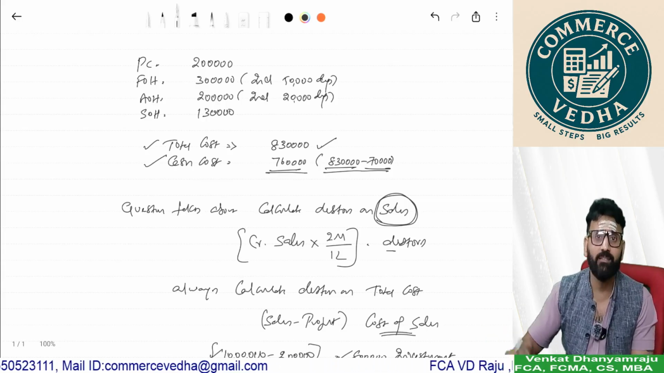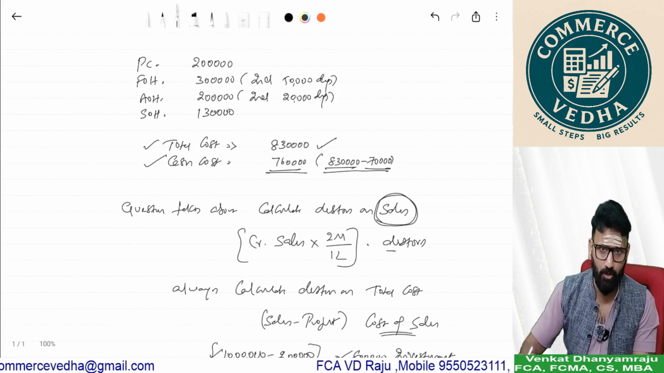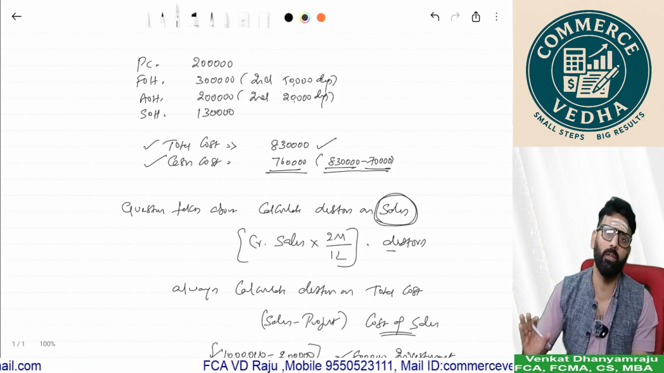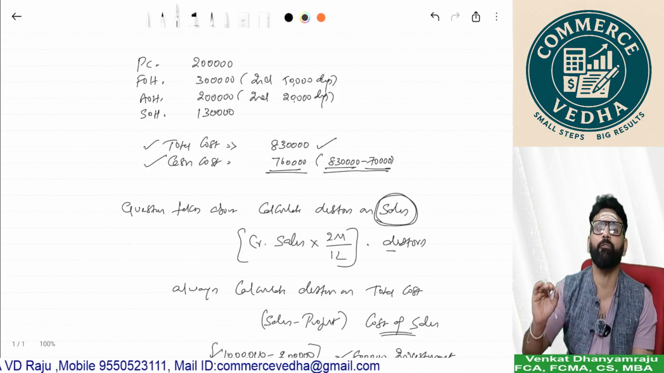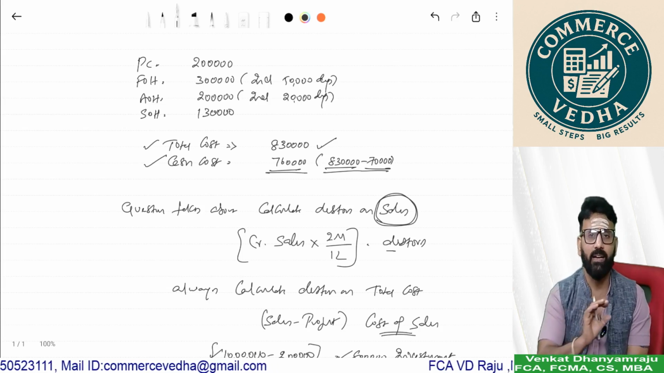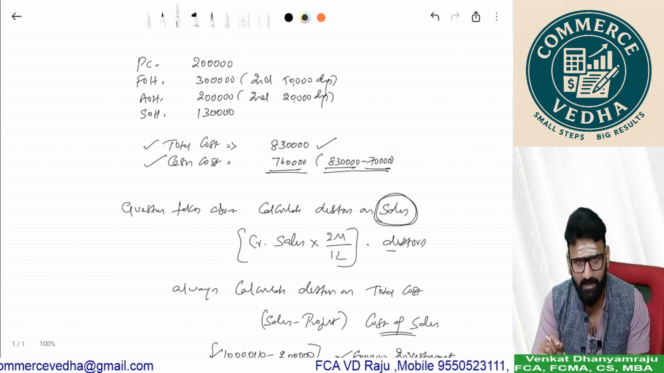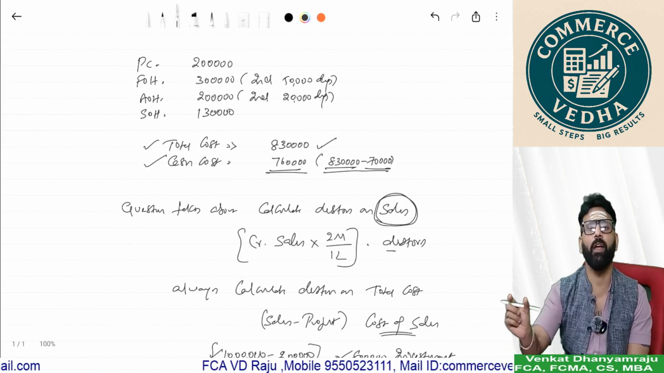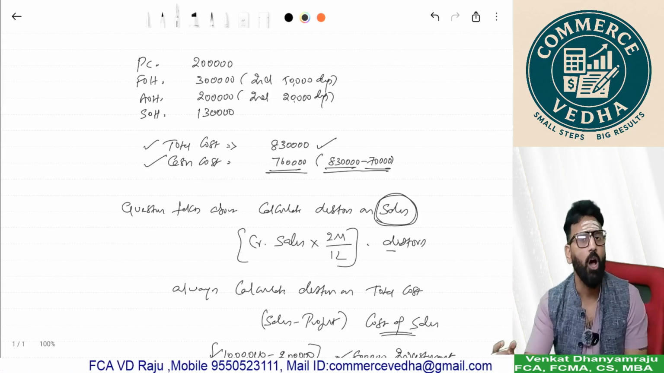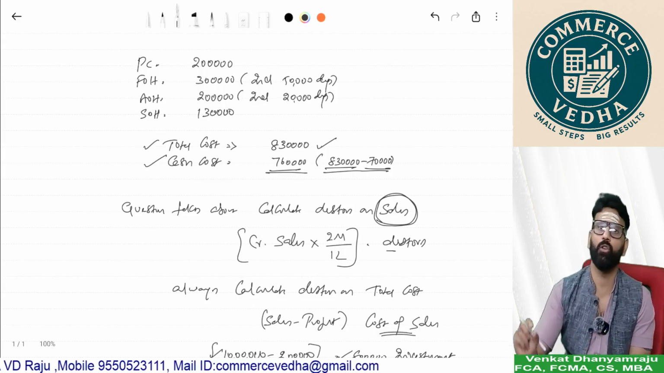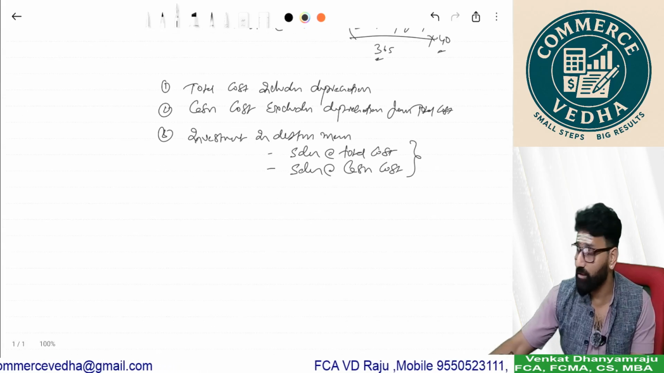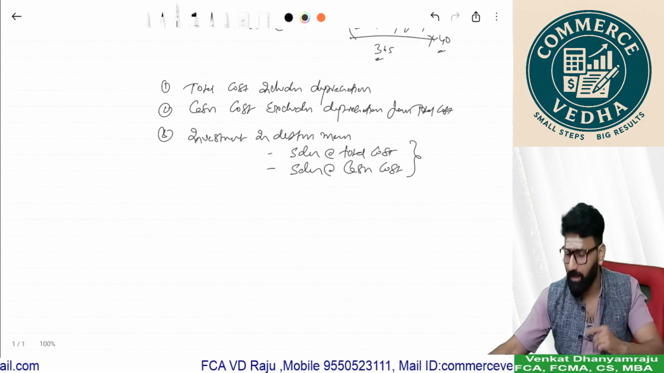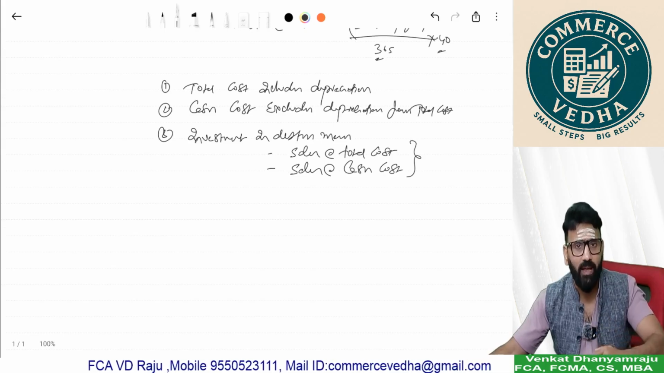But if the question says debtors should be computed on sales, then you only use sales. Generally, debtors is credit sales into the number of days of debtors. It's like credit sales for the year divided by 365 into 45 or 30 or 20. However many days the credit period is given, you should take those days. So this is all about the basic explanation on working capital statement before we go into cracking a complete